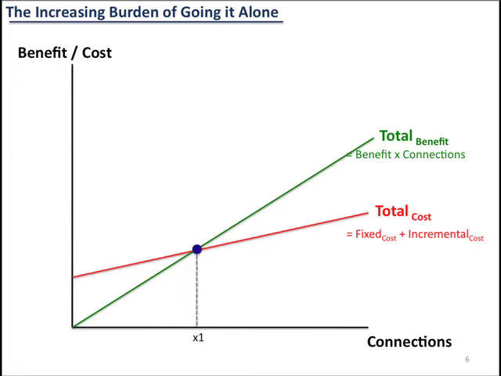Now, it's not absolute, right? There's not an absolute number there, because depending on how each of us quantifies benefit, cost, and the number of connections, that point that I've labeled X1 will be different for everybody. So we're going to keep it theoretical here. And theoretically speaking, there's going to be a break-even point somewhere, such that anything to the left of that point will represent greater cost for the effort that we're putting in.